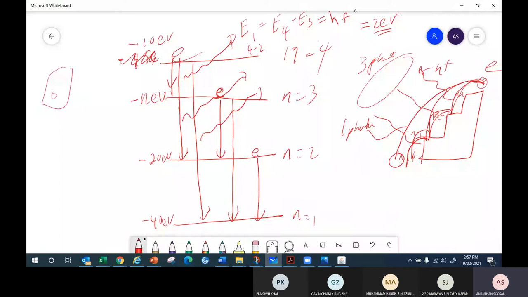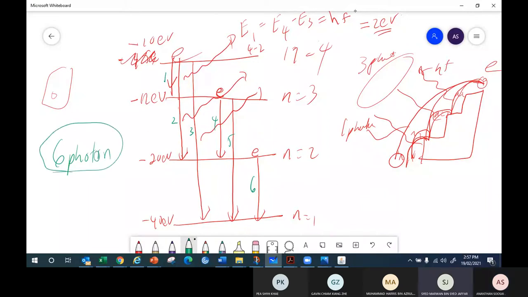How many types of photon can be emitted if you have 4 energy levels? 1, 2, 3, 4, 5, 6. 6 different types of photon possible to be released. Okay, for 4 energy levels, 6 different types of photon can be released. Okay, so in exam they will ask, out of these 6 photons, which photon